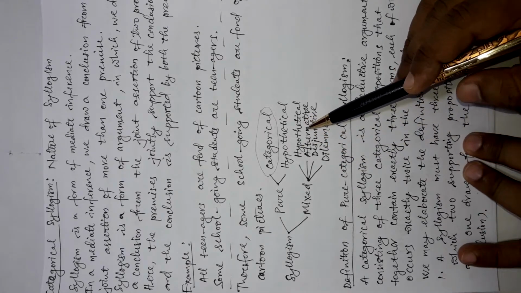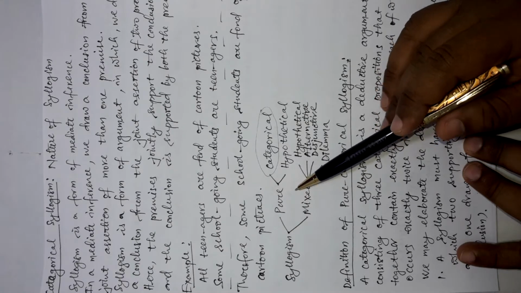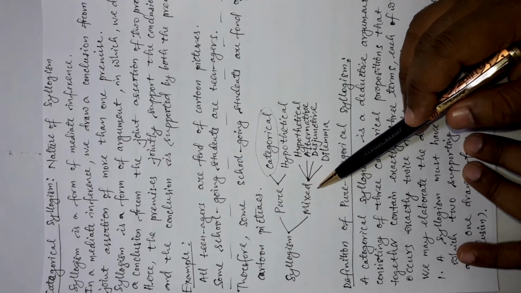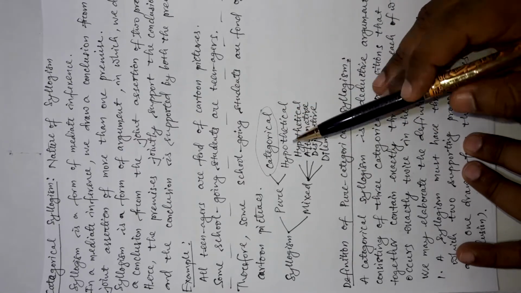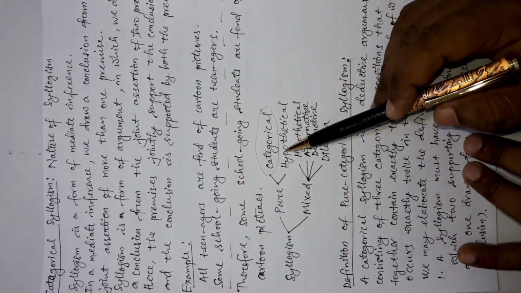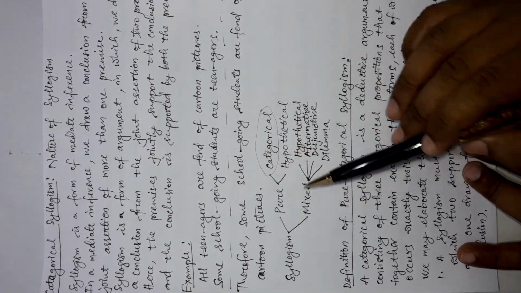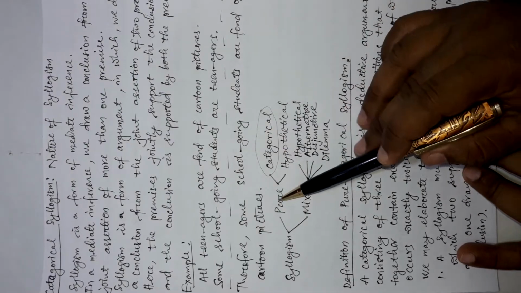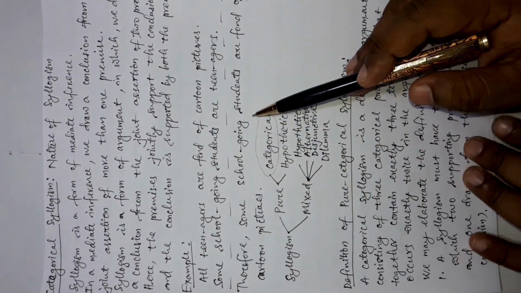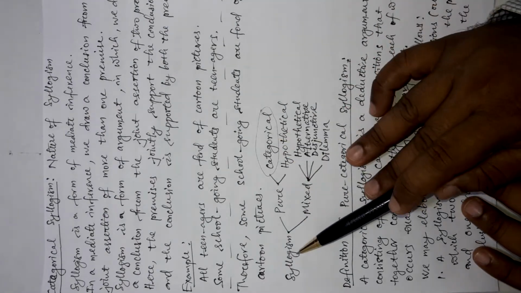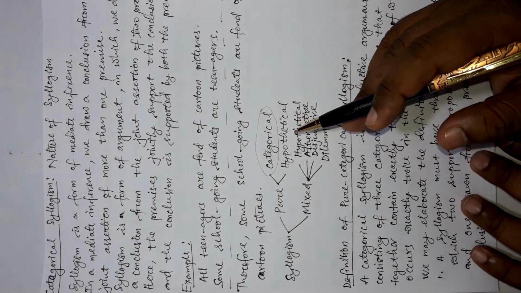Now, what is our aim today? We are going to discuss all these things one by one. We will discuss pure syllogism first, and then we will come to mixed syllogism in our future videos. But today, in this topic, in this video, our aim will be pure categorical syllogism. Okay. So, pure categorical syllogism will be our topic of discussion. We will discuss different facts, natures and properties of it.